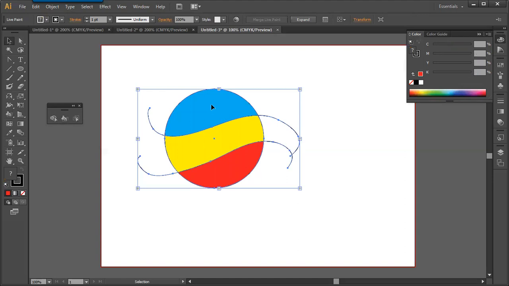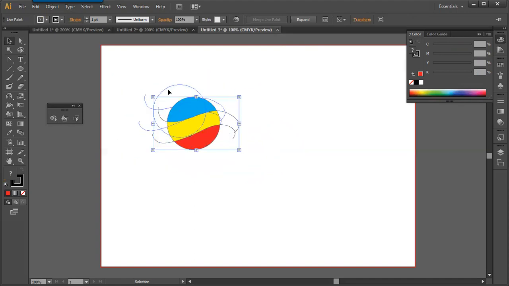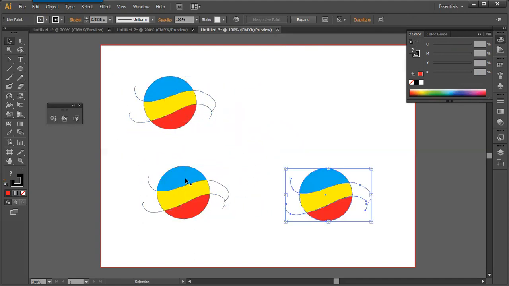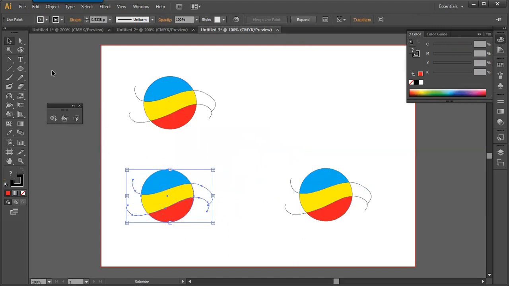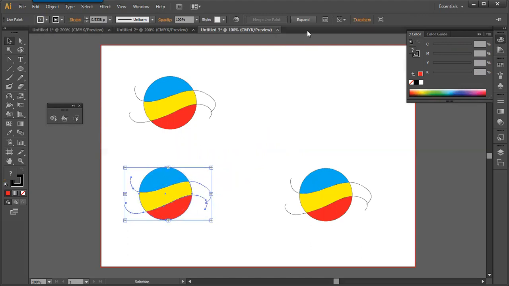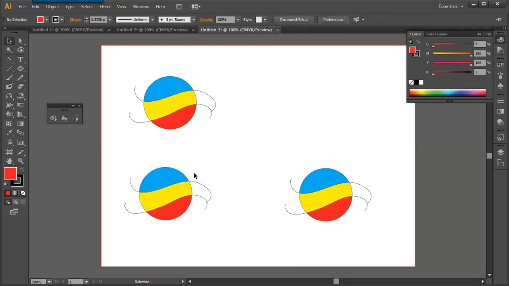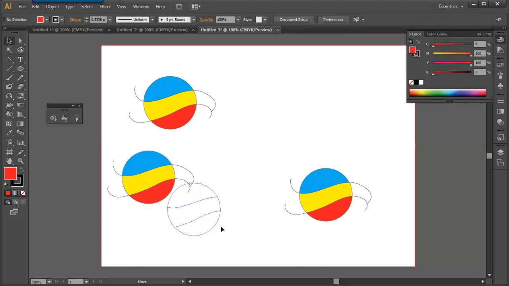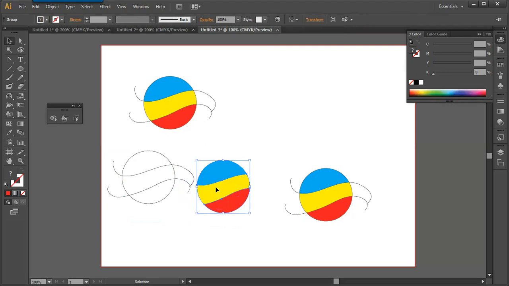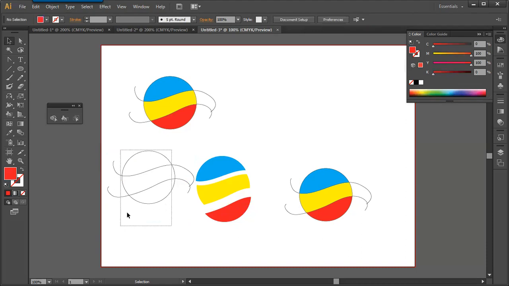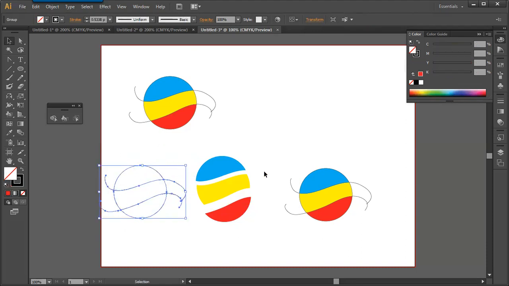By one command you can do this. Expand is a command. There are two ways to separate. So let us take this one and duplicate it. Now the first one is not a normal object, it is called a light paint object. Whenever we select any light paint object, on the option bar you can find an option called Expand. Once you click Expand, it turns into a normal object. Right-click and ungroup. After ungroup, we get the skeleton and the object separately. So this is the format going through the Expand command. And the next one,